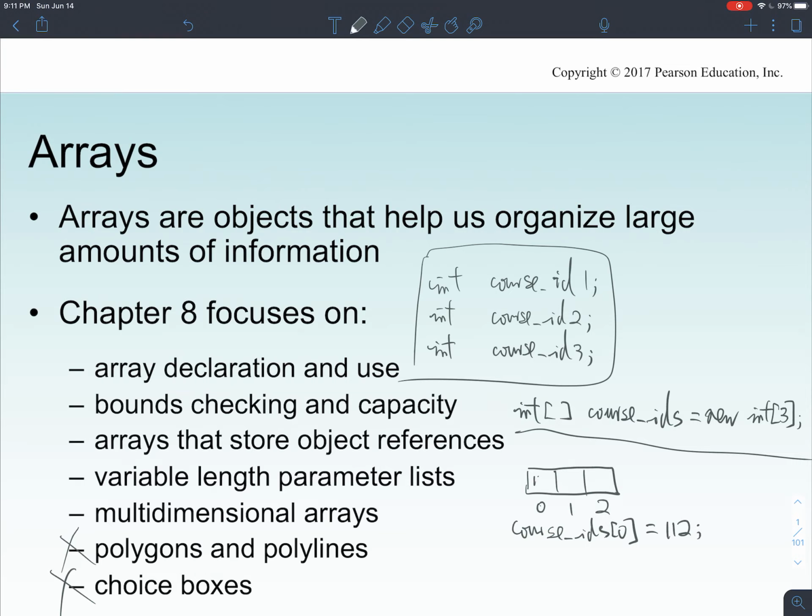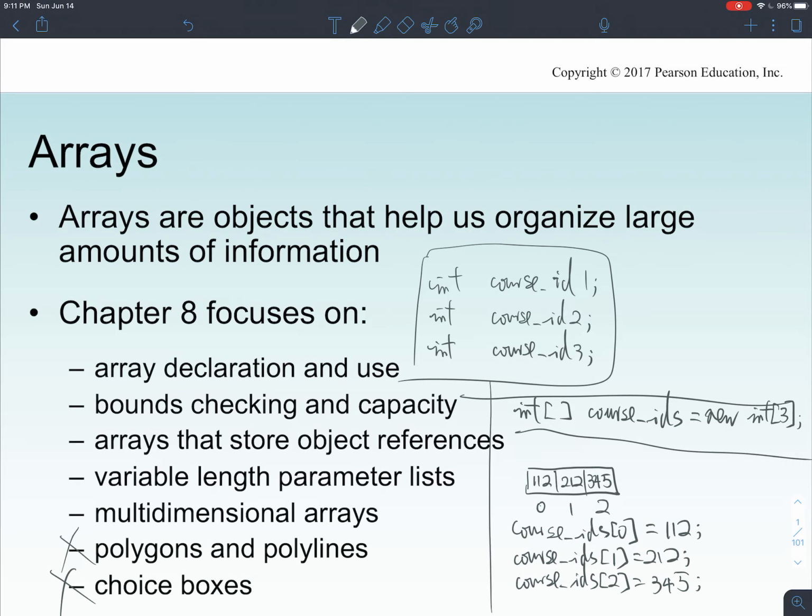With this operation, we put 112 over here, and then you can say courseIDs[1] equal to, let's say, 212, and courseIDs[2] equal to, let's say, 345. With these 3 operations, you are able to memorize the values of the courses that the student has already registered. With the help of an array, instead of creating 3 different variables,